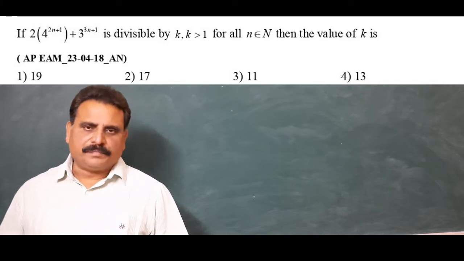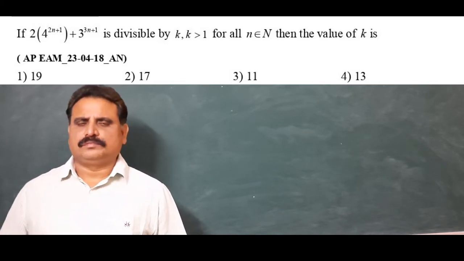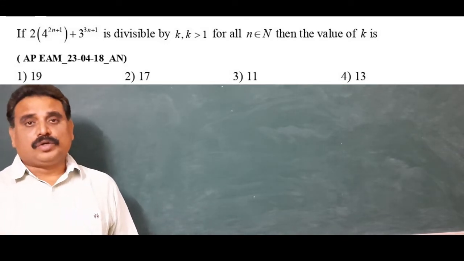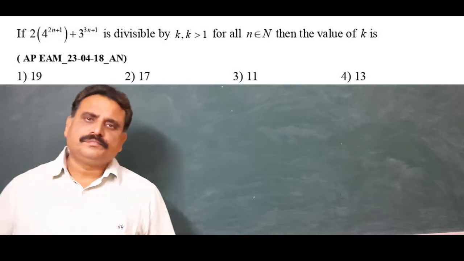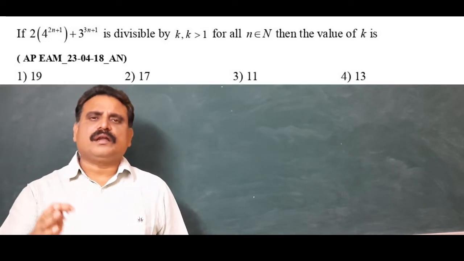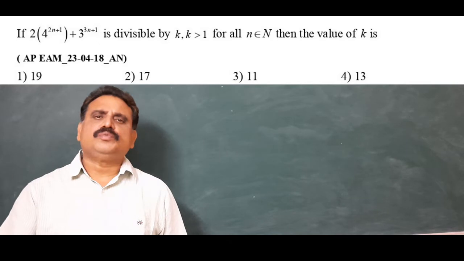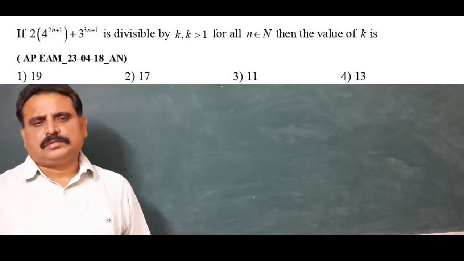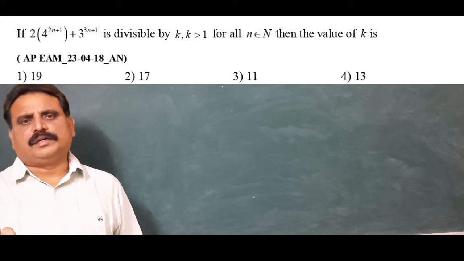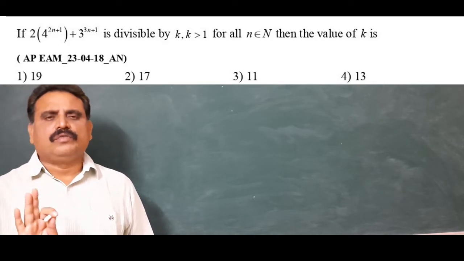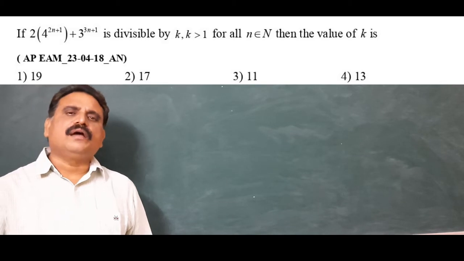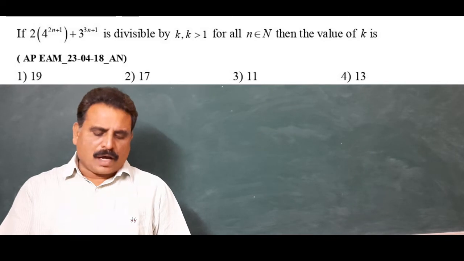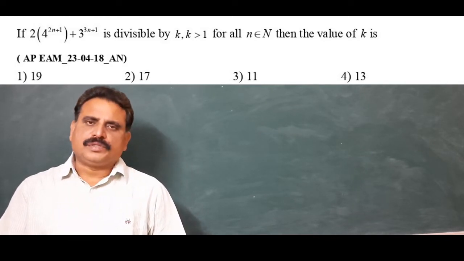Divisible by 11. You may have a doubt: n is not equal to 0, n belongs to N and starts from 1, 2, 3, 4. Let us take n equal to 1. Is that divisible by 11 or not? You check that. Definitely it is divisible by 11. If you have more doubt, go through n equal to 2. It is not necessary. Don't waste time unnecessarily. You have to utilize that time in another problem. So the option is option 3.